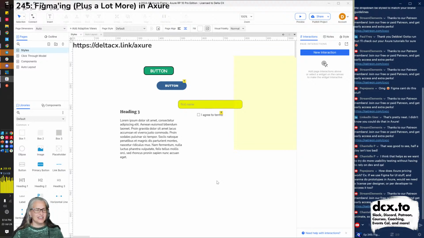Axure added negative space at one point, I think it was Axure 9, and I said, I don't need negative space. I don't need to put something at negative 100. I think they were trying to appeal to people who used artboards, but it never made sense to me. Once in a while, I'll put something off the Axure board if it's going to animate in later, but in general, it just doesn't make a lot of sense.